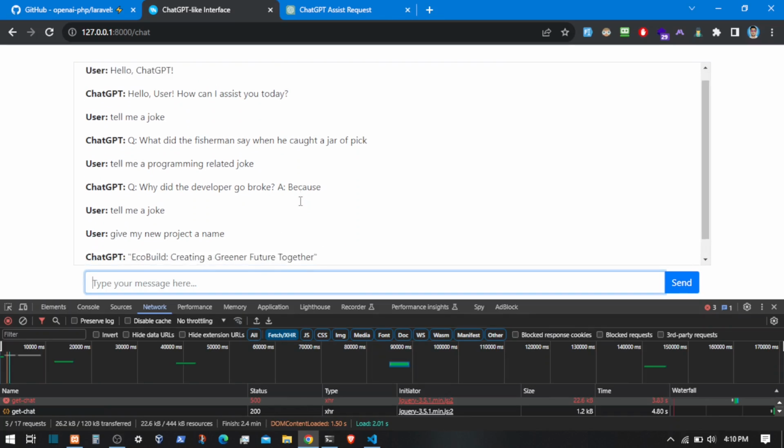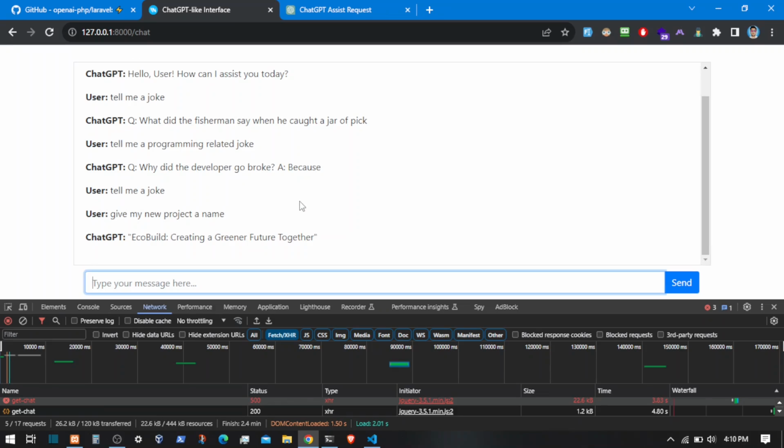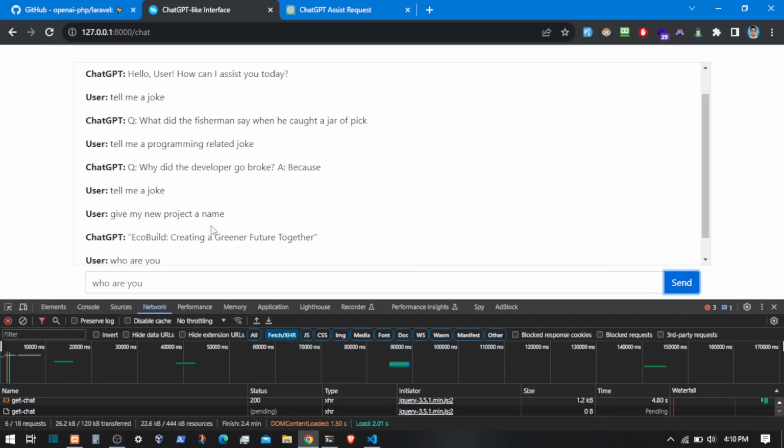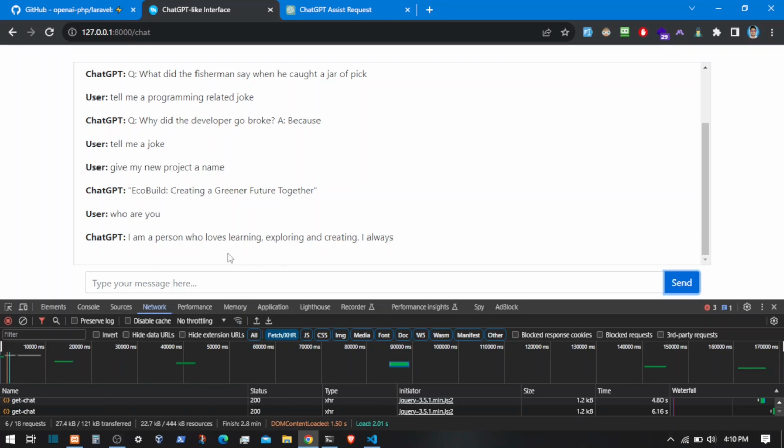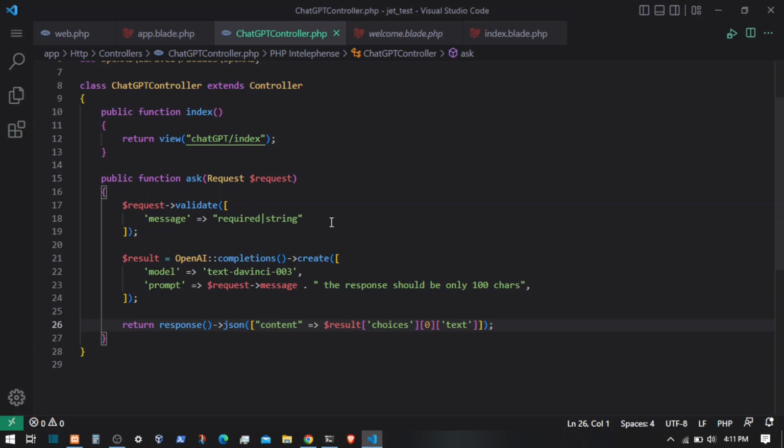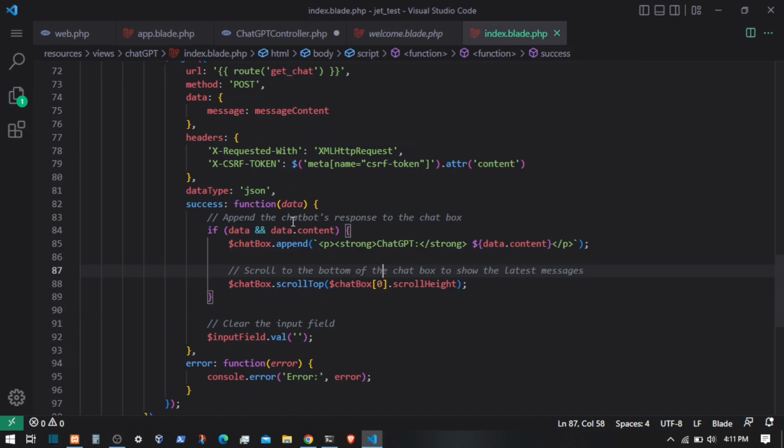Okay, so now we can chat with the API. Who are you? I'm a person who loves learning, exploring, and creating. Okay, so that's how we can interact with the OpenAI API in Laravel,